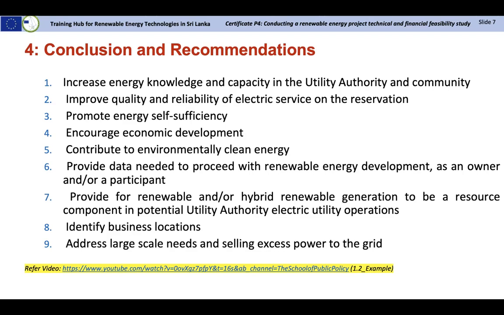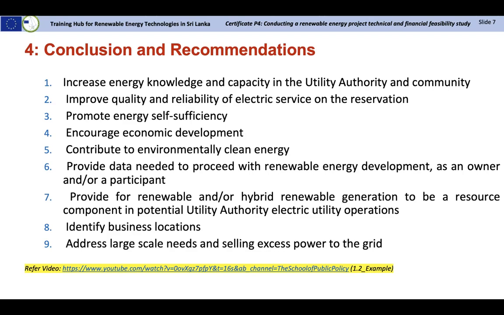We can support the new subordinates to rise up with the data available with us, and then provide for renewable or hybrid renewable generation to be a resource component in potential utility authority electric utility operations. Then we can identify business locations. We can plan new industrial zones in relation to these power plants. We can make small hubs. Likewise, we can move on to more commercialization of other associated